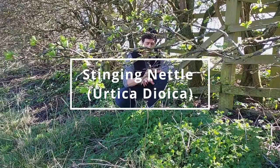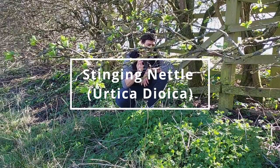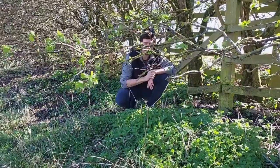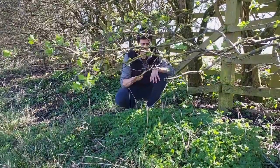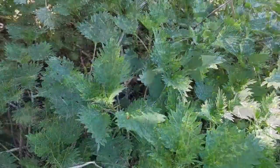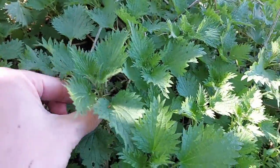So we're going to take a look here at probably one of the most common and easily recognisable weeds in the UK. It's called stinging nettles. We've all been stung at some point by this plant, and because of that we've all quickly learned how to identify this one. So let's take a look at the stem